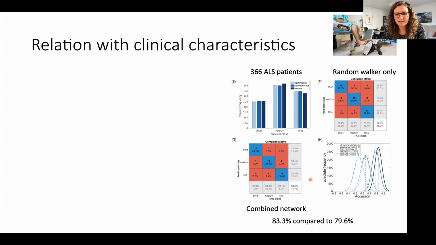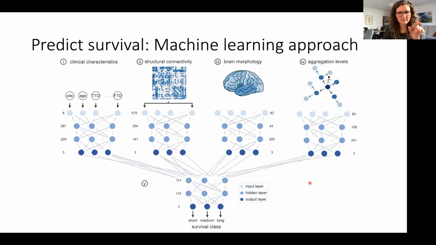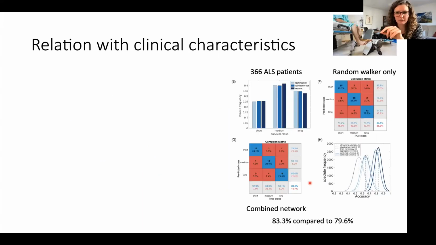And then we combined this network. So going back again, we took everything here before, just the 1, 2, 3, and then we added the random walker. If we put in just the 1, 2, 3, we got an accuracy of 79%. If we add the random walker, we get 83.3%. So it increased slightly, but significantly, when we add the random walker to this machine learning algorithm, which predicts survival